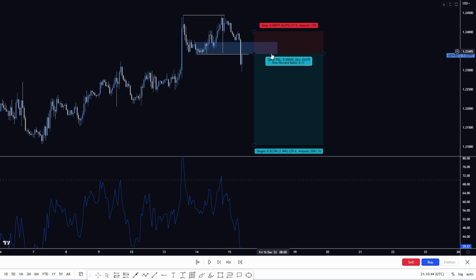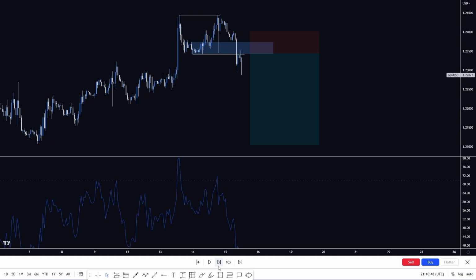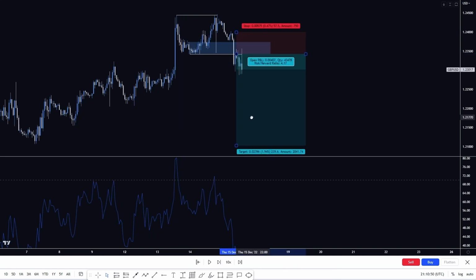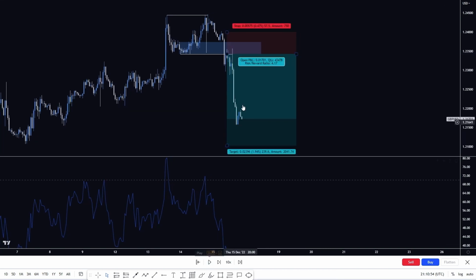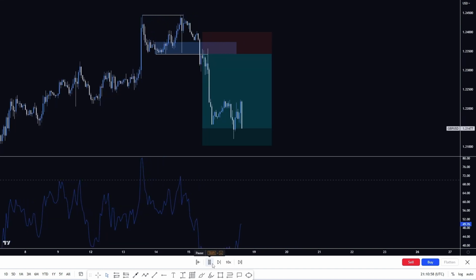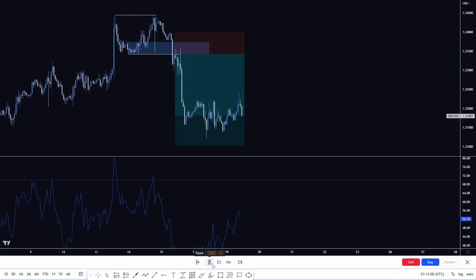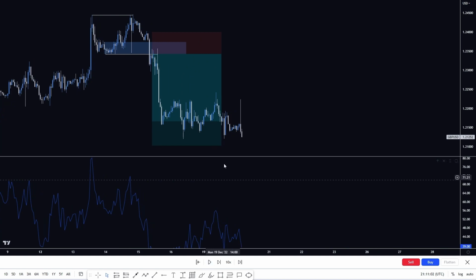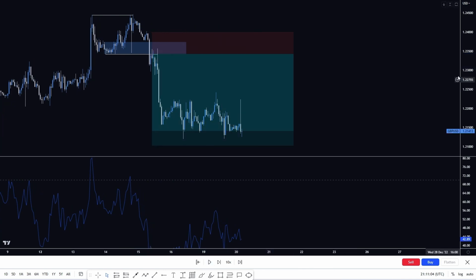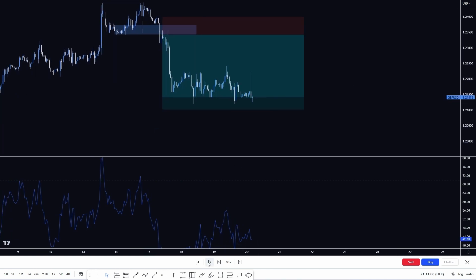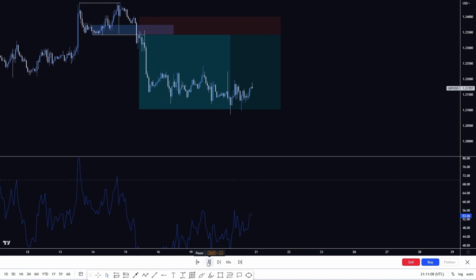So let's say, for example, we got involved in an area such as this, and let's just see what happens. Price comes in, it tests these areas, it starts to wick away, and then there we go. We start to see a push to the downside. Brilliant. A little correction in there, a consolidation, and then we're going to continue. We've already almost reached 4R. And there we go, we get another little push